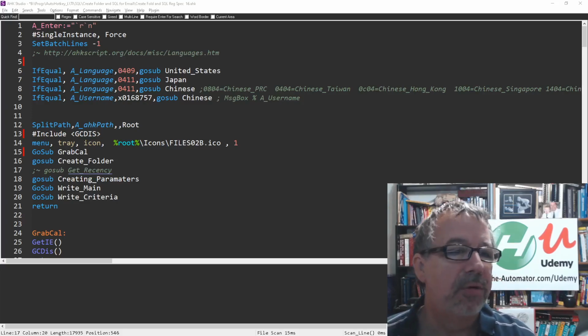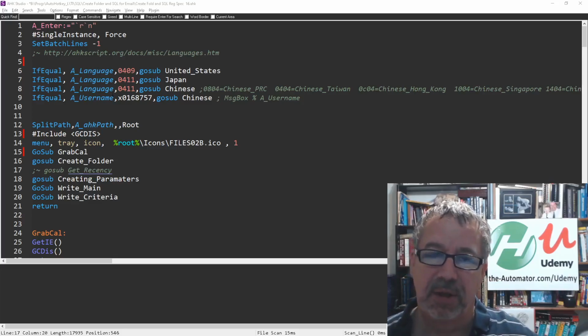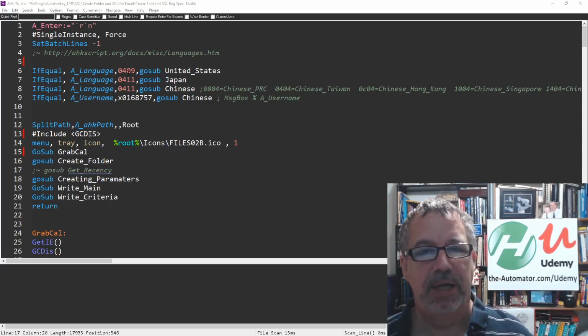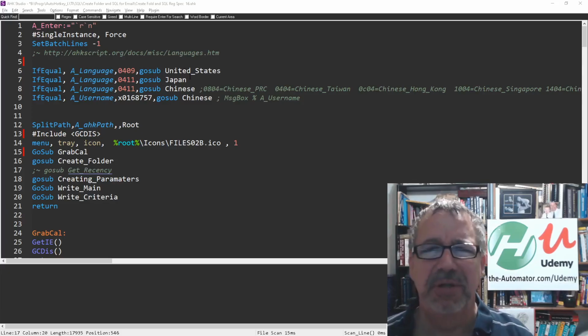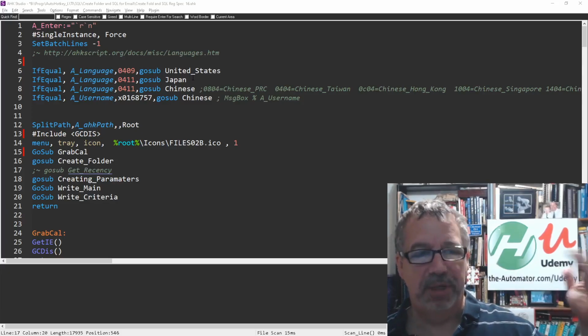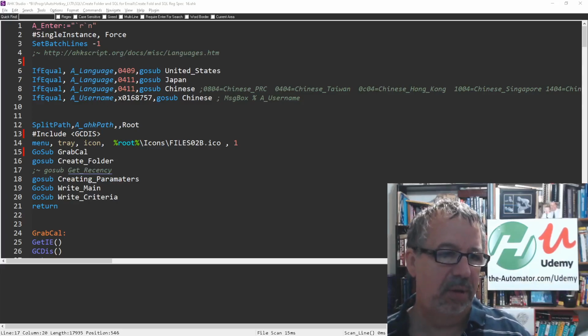Anyway, to start here, it looks like I was detecting what language was being used, because I gave this to my colleagues all around the world, and I could detect what language was running on the computer. That way I could do some logic based on what was detected. It would tell it to go sub to different sections. So I was using go subs, which is crazy. I haven't written a go sub in years. So it would go do different parts of my script based on the language of their computer or this username,